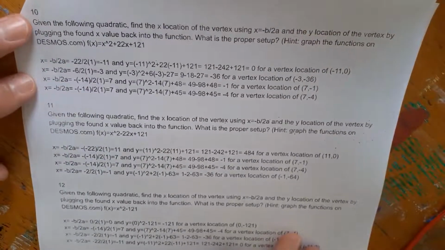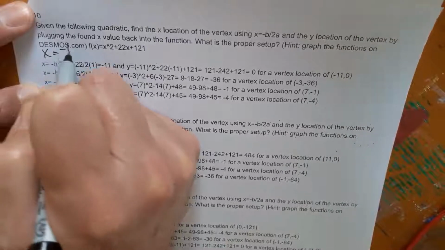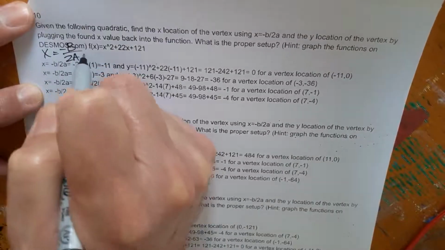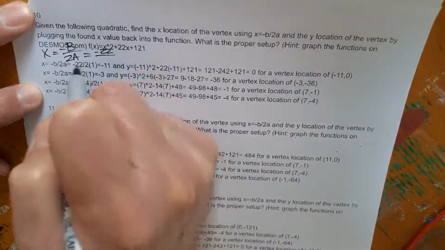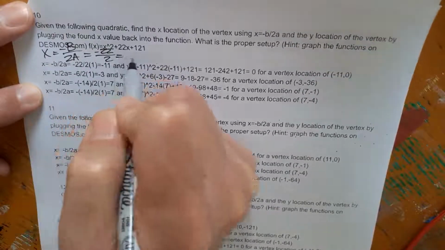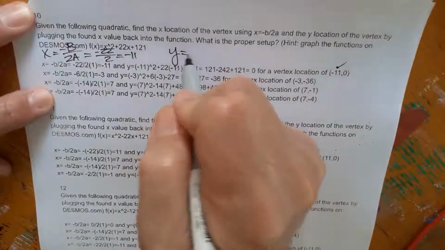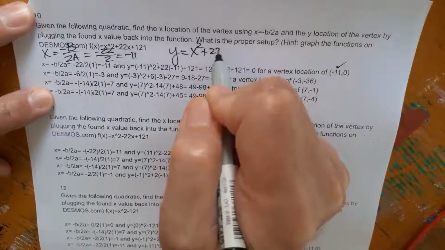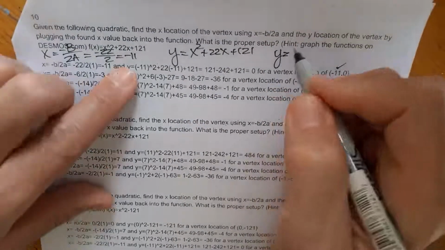1, 2, 3 more. Look at me, I'm getting tired already. Okay, so x equals negative b over 2a. Negative b, it's a 22 here, so negative 22 over 2 times 1, negative 11. Check. Y equals x squared plus 22x plus 121. Y equals negative 11